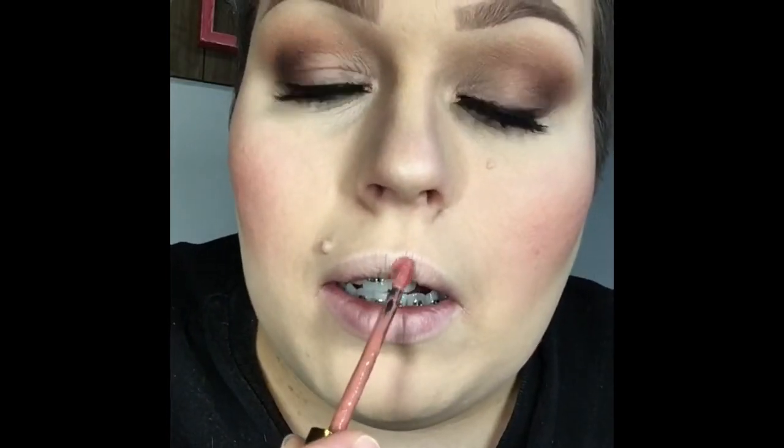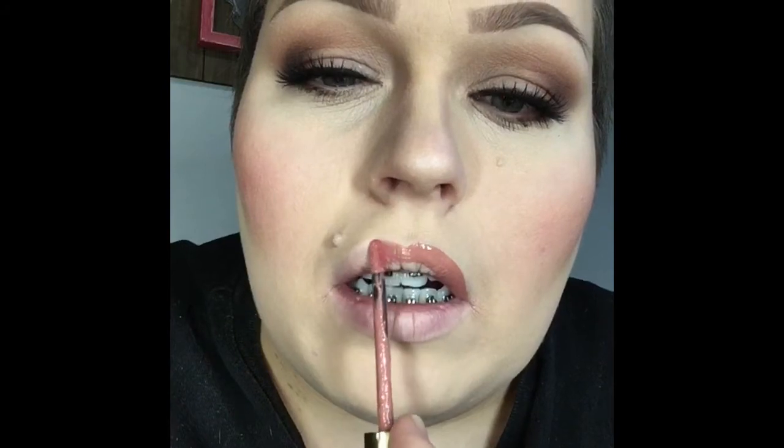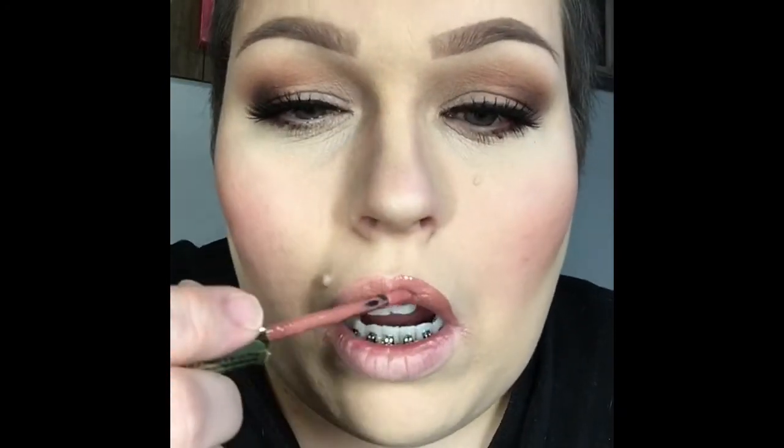And then this is Lip Sense. It's my new obsession. If you haven't used it, it's amazing. It lasts all day. This shade is called First Love. And you put 3 layers on. So this is the first layer. I like to line my lips kind of with it first, just to give it a more defined look. And I have giant lips, so it helps. And you let it dry in between each layer. And I don't show that throughout the whole video, so